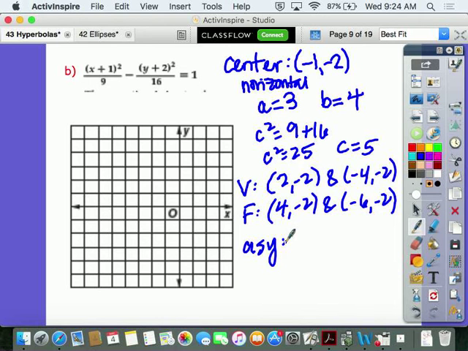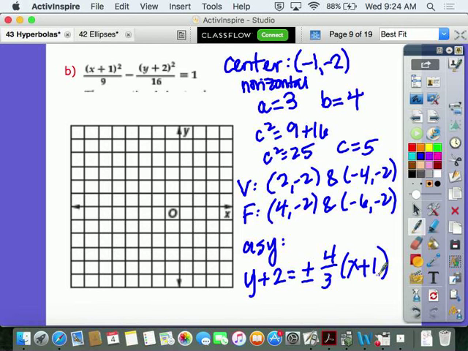Okay. Well, if it's horizontal, you know it's going to be y minus k equals plus or minus b over a times x minus h. So it's going to be y minus a -2, which is going to be plus, equals plus or minus 4 over 3 times x plus 1. Now again, yes, you can go ahead and distribute, get this into slope-intercept form, plot your slope-intercept,